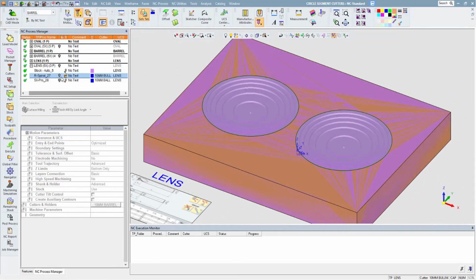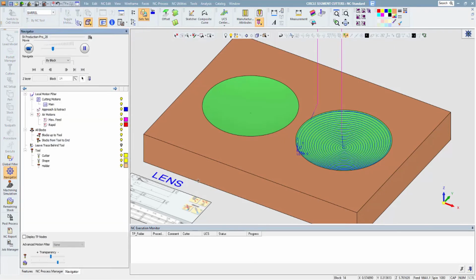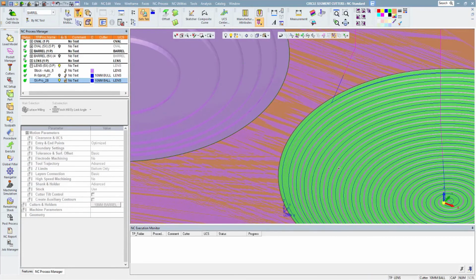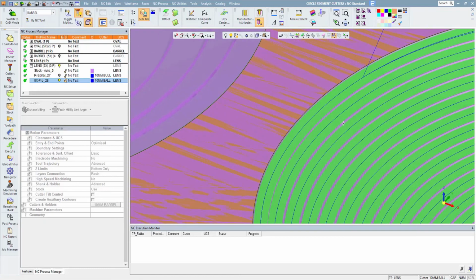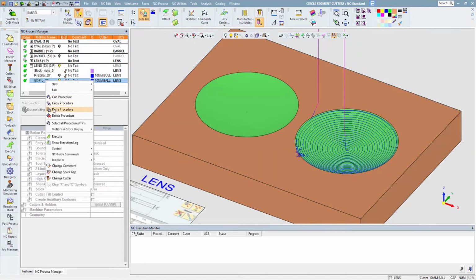So what we can do, and traditionally this is what we would do, is go ahead and get a nice path on here and mill this up. So we tell this to go through and cut this all up. But what we're left with, if we have too big a stock step or step over, is these cusp heights left behind. Now, if we take this same path, same diameter cutter, but we switch it to a lens tool,